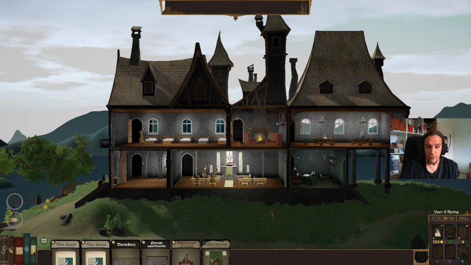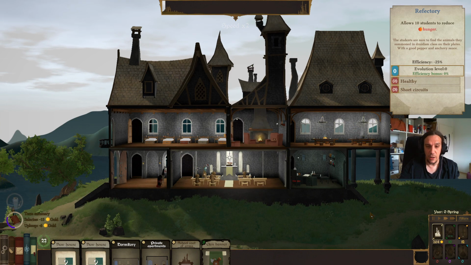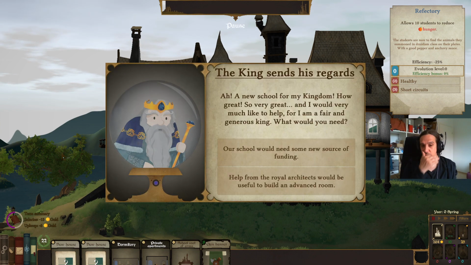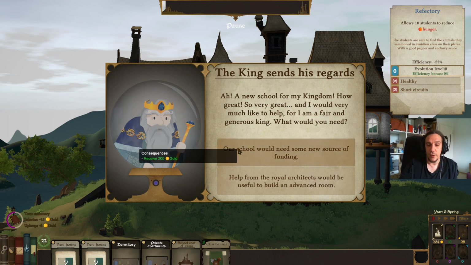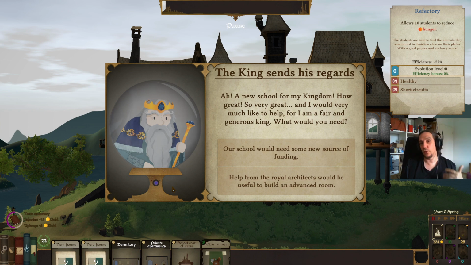The other thing I really like to focus in the early game are mana gold generating items, because they are really powerful. So the king pays us a visit, and this is also a fixed event. The king always comes and generates either 200 gold, or you can get a specialized room. The advanced rooms, as they are called here, are always specialized schooling rooms or other different things. In this scenario,